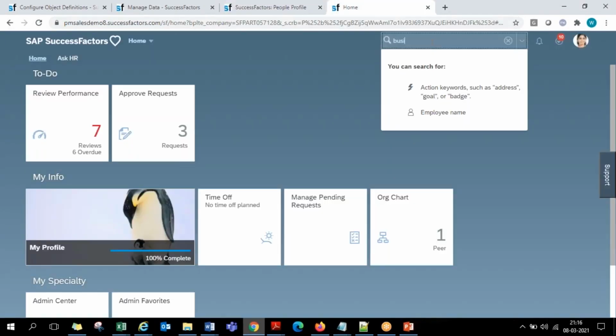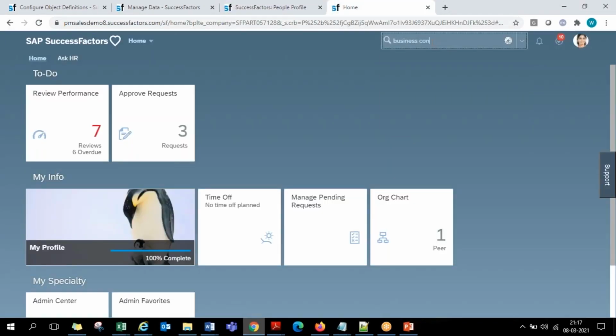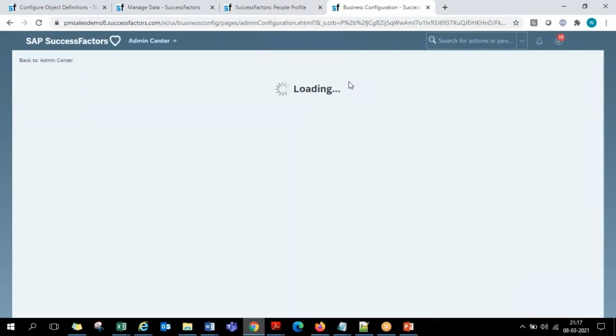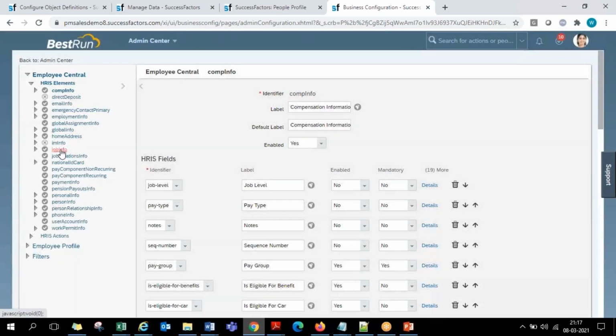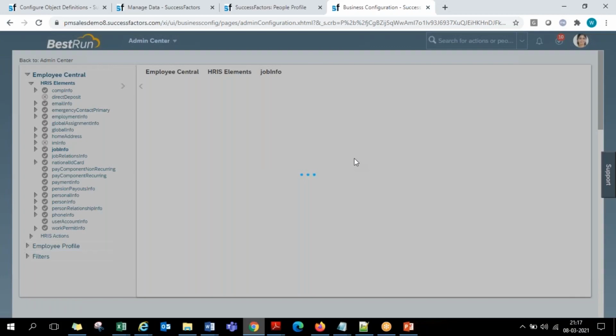the business configuration. As we know, that is a place where we can have the entire portlet-related configuration. So just go to manage business configuration, and in the job info portlet, we can work on creating a custom field altogether, a new field. Okay, so I'm just starting with the business configuration, and here on the left hand side, just select the job info. Here on the right hand side, the system will show us the list of fields of the job info.